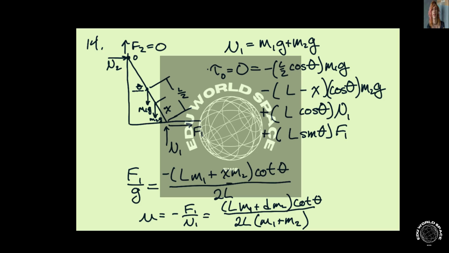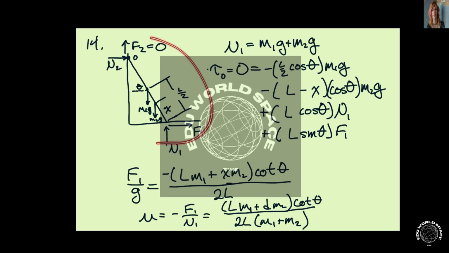So here again we have a uniform ladder that rests against the wall and it makes an angle theta. And we want to find the horizontal and vertical forces at the ground, again, if a firefighter climbs on it. So this is basically the same problem as before, but we just don't have any